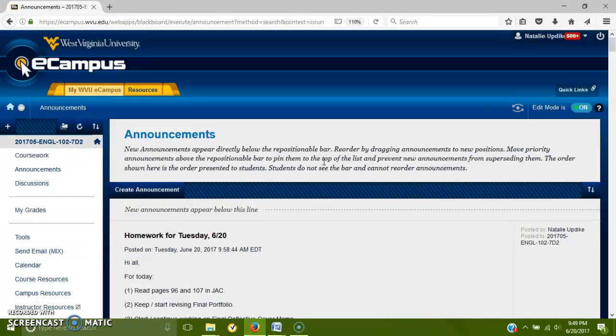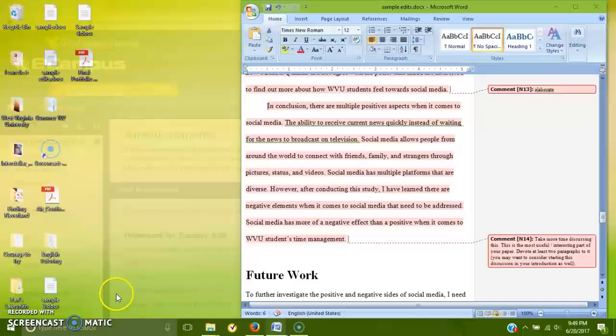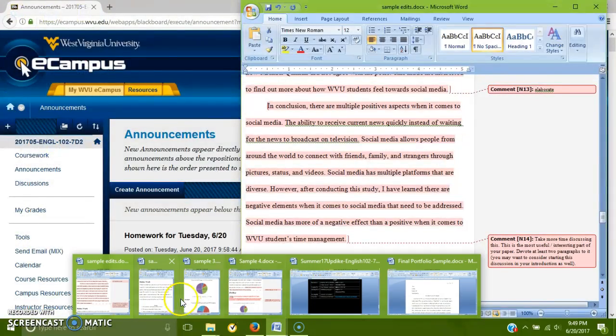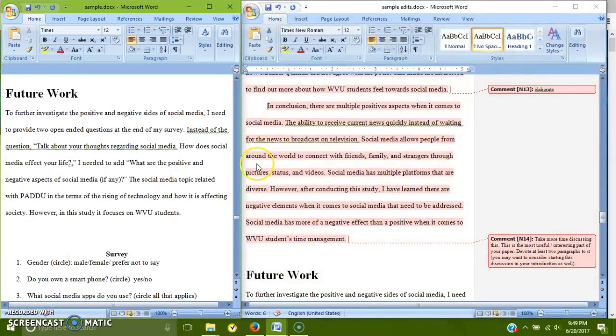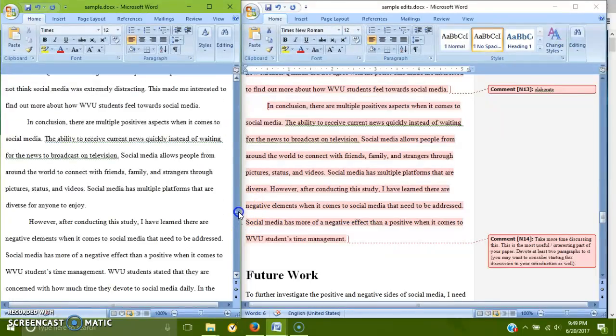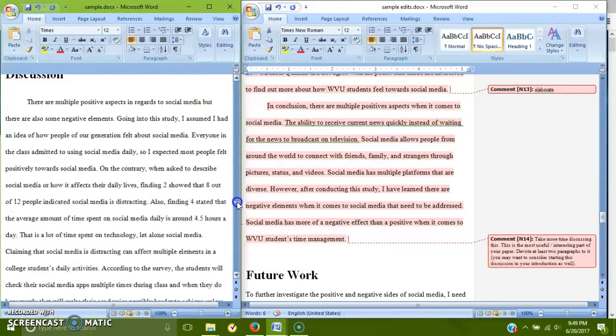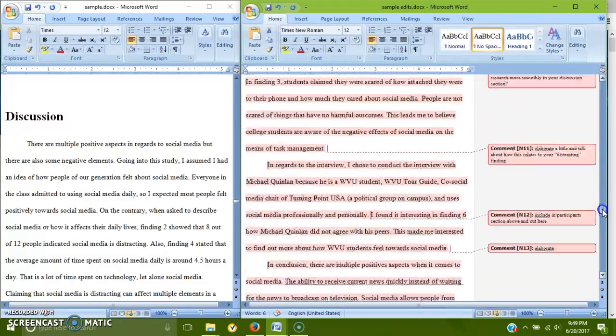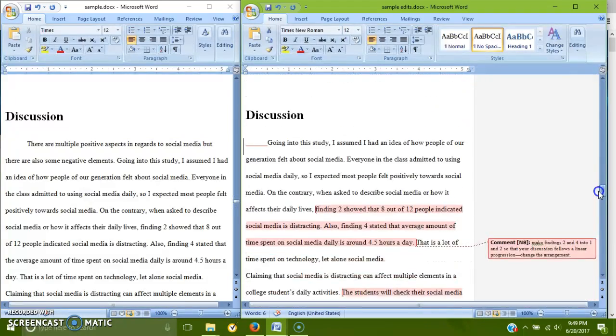Use active voice, and typically when you use the word this, it should refer to a specific identifier next to it, like this paper, this book, etc. Those I'm not as concerned with as I am the revision. So the revision part is, I have a couple papers here. So this is a paper from one of my previous students. This is obviously the qualitative research paper. This is my draft on this side, and